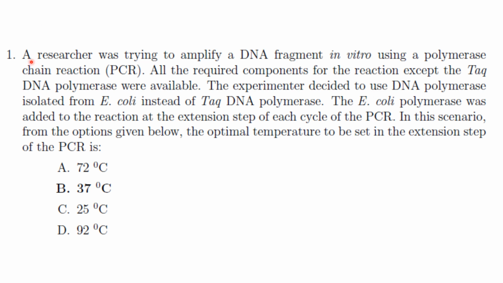Then next one. First one. A researcher was trying to amplify a DNA fragment in vitro using a polymerase chain reaction. All the required components for the reaction except the Taq DNA polymerase were available. The experimenter decided to use DNA polymerase isolated from E. coli instead of Taq DNA polymerase. The E. coli polymerase was added to the reaction at the extension step of each cycle of the PCR. In this scenario, from the options given below, the optimal temperature to be set in the extension step of the